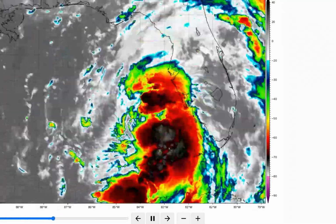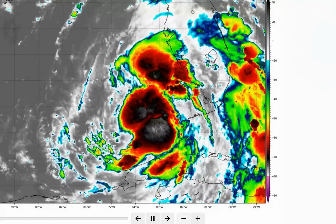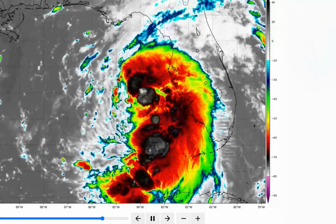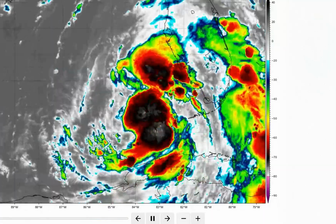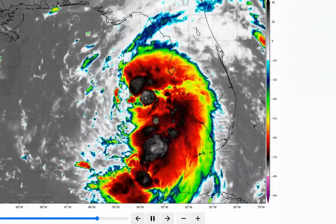Alright guys, it's time to talk about Tropical Storm Debby and its impacts to Florida and the southeastern United States and into portions of the northeastern US later this week. So starting off today, early this morning on August 4th, looking at the infrared satellite imagery, it's still a pretty